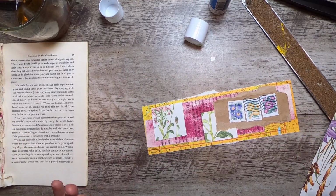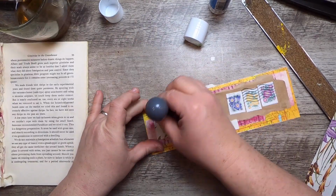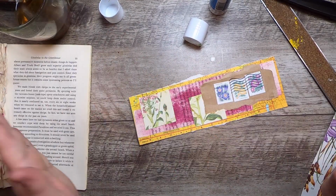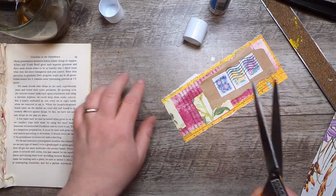Okay, so this one, let's do things a little differently. And we'll ink this white space a little. And let's not sew. Everything's glued down. No need to sew, right? So let's just